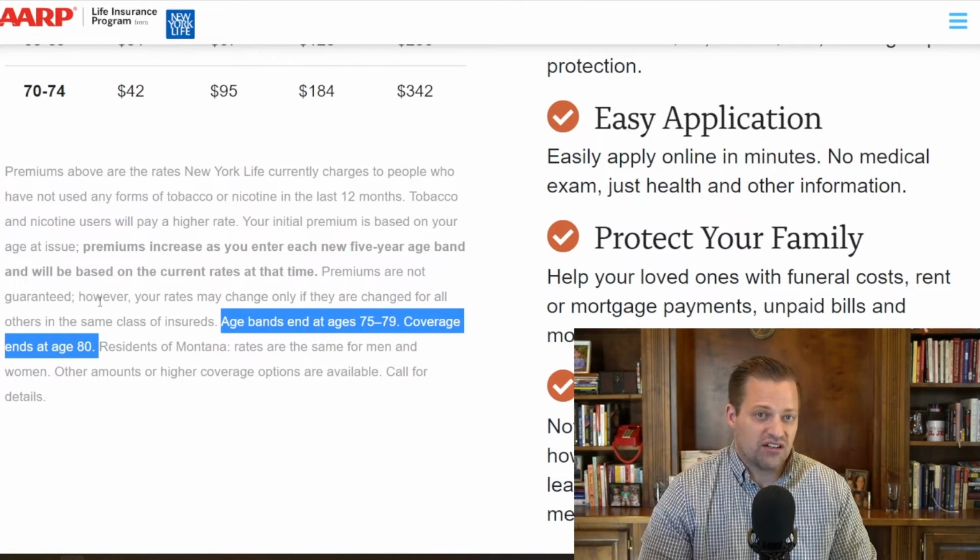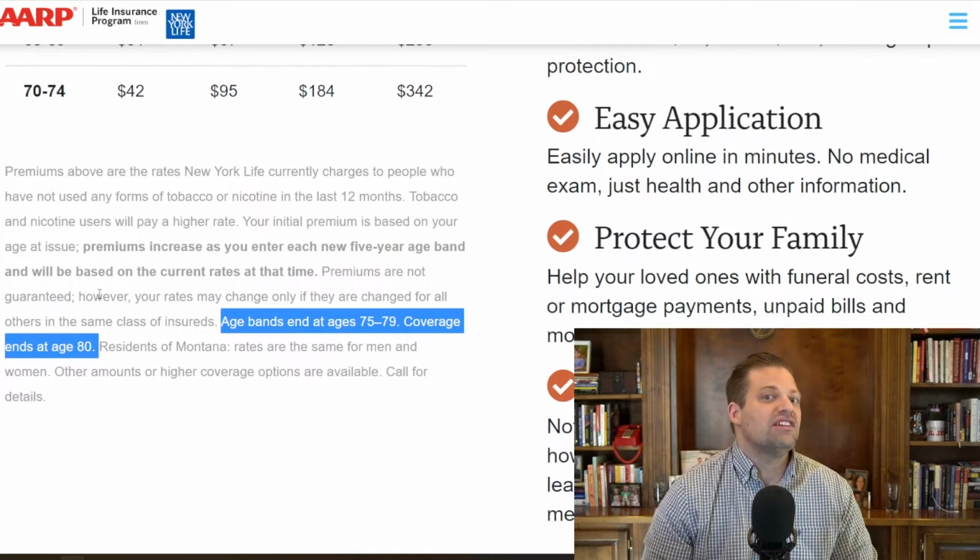And so what happens here is that, and this is kind of the issue, you've really got two issues here. Number one, your prices go up. You can expect to pay higher as you enter each new age band. And if you pay those premiums all your life and you get to age 80, they cancel you. You don't have your term policy anymore. And that's likely the time of your life where you're most going to need it, right? So therein lies the issue with AARP term life insurance,